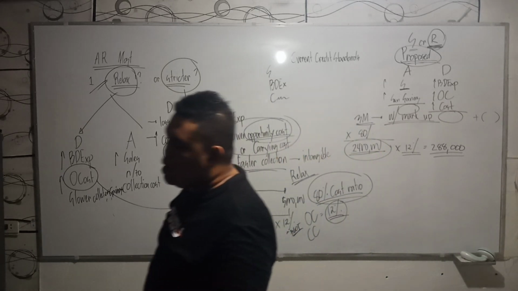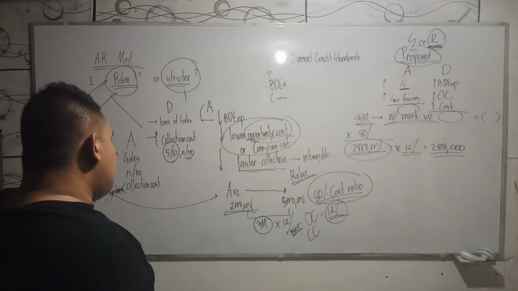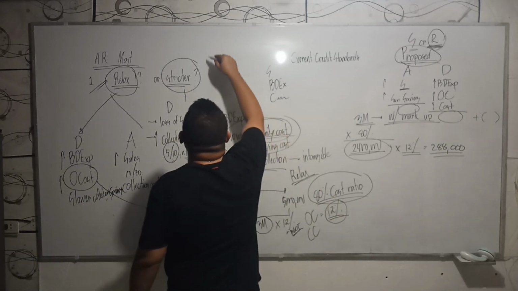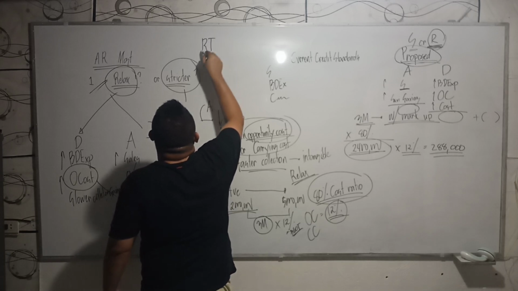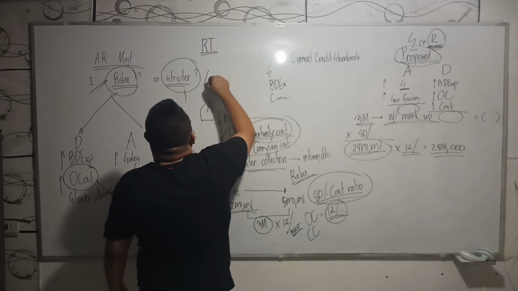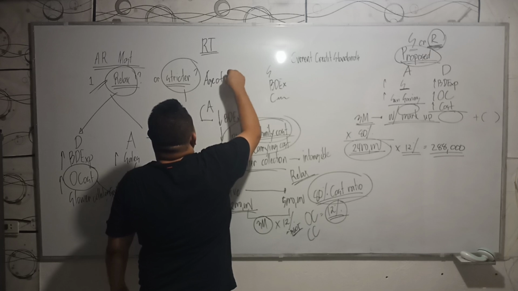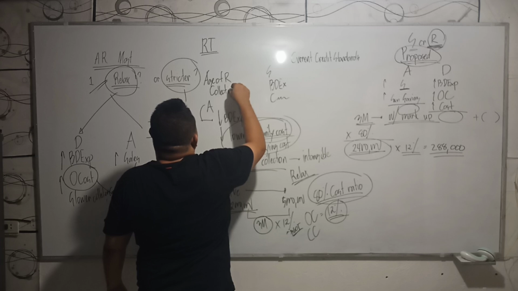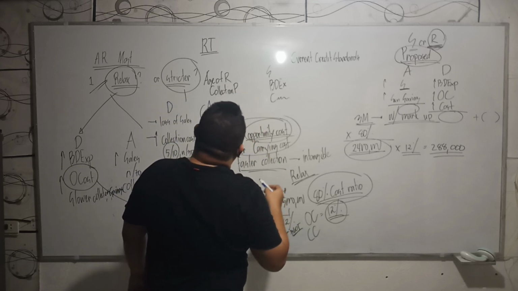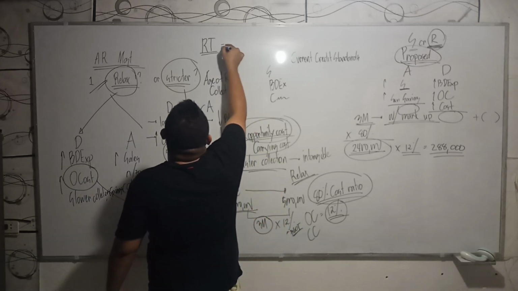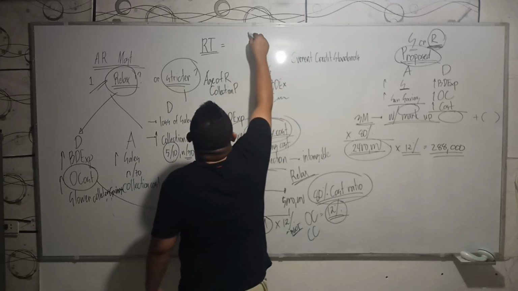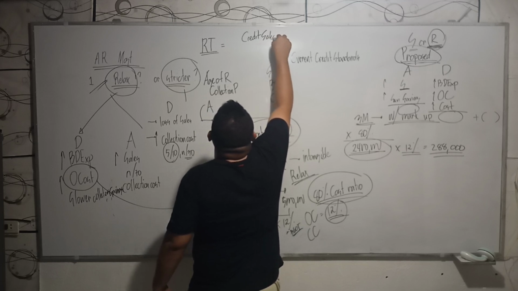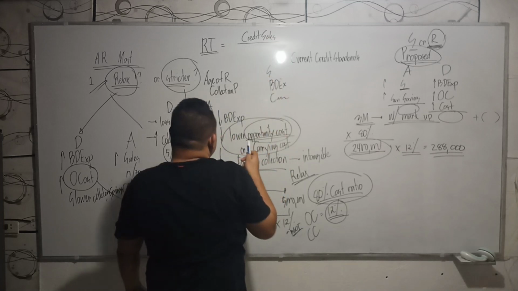So that's knowledge based. How about number two? Number two that you need is you have to review two things. The first one is the receivable turnover formula and the age of receivables, or in other books, that is called collection period. So let's spell out first the receivable turnover. Receivable turnover is, if you can still remember, credit sales over